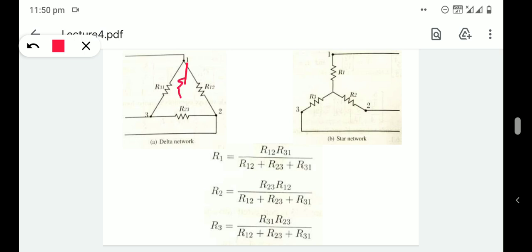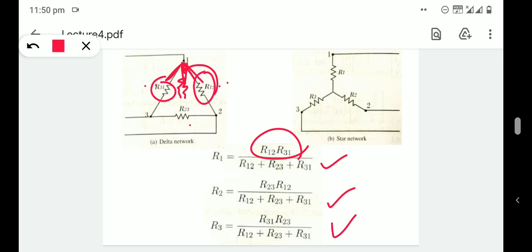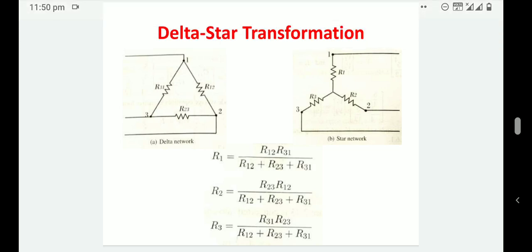ഓക്കെ, R1 ഇസ് ഈക്വൽ ടു R12 ഇൻറ്റു R31, ദാറ്റ് ഈസ് ഈ പോയിന്റിൽ നിന്ന് വന്നിരിക്കുന്ന 2 റെസിസ്റ്ററുകൾ R12 ഇൻറ്റു R31 ഡിവൈഡഡ് ബൈ എല്ലാ റെസിസ്റ്ററുകളുടെയും സം. ഈ 3 റെസിസ്റ്ററുകളുടെയും സമ്മാണ് ഡിനോമിനേറ്ററിൽ വരിക. അതായത് ഇവിടെ 3 കേസിലും ഡിനോമിനേറ്റേഴ്സ് ആർ ദ സെയിം, ഓൺലി ചേഞ്ച് വിൽ ബി ദർ ഇൻ ന്യൂമറേറ്റർ. ന്യൂമറേറ്റർ എന്ന് പറയുന്നത് ഏത് പോയിന്റിൽ നിന്നുള്ള റെസിസ്റ്റൻസ് ആണ് നമ്മൾ എടുക്കാൻ പോകുന്നത്, ആ പോയിന്റിൽ നിന്ന് കണക്ട് ചെയ്തിട്ടുള്ള മറ്റേ 2 റെസിസ്റ്ററുകളുടെ പ്രൊഡക്റ്റാണ് ന്യൂമറേറ്ററിൽ വരിക. ഓക്കെ, ദാറ്റ് മീൻസ് ഇഫ് വി നീഡ് ടു ഫൈൻഡ് ഔട്ട് ദ വാല്യൂ ഓഫ് R12 ഇൻറ്റു R31,